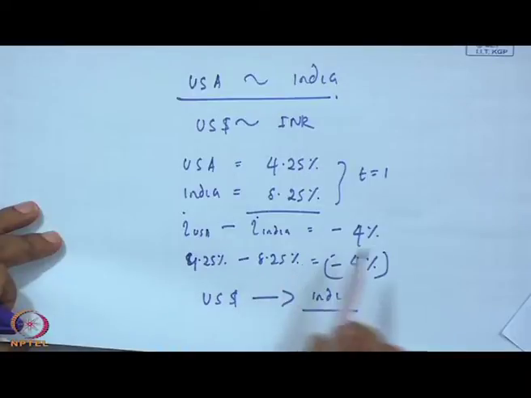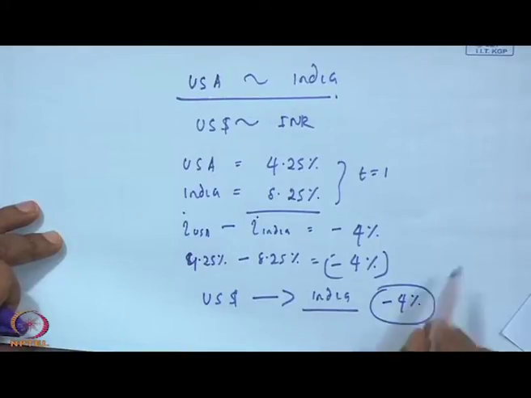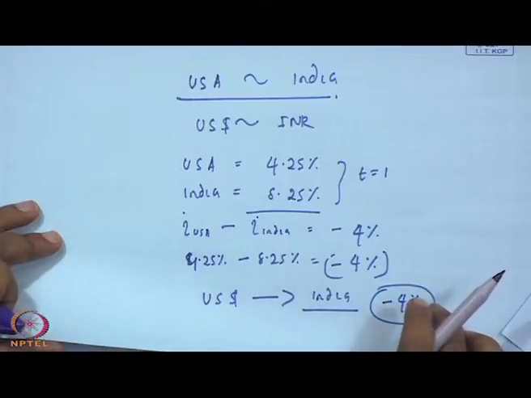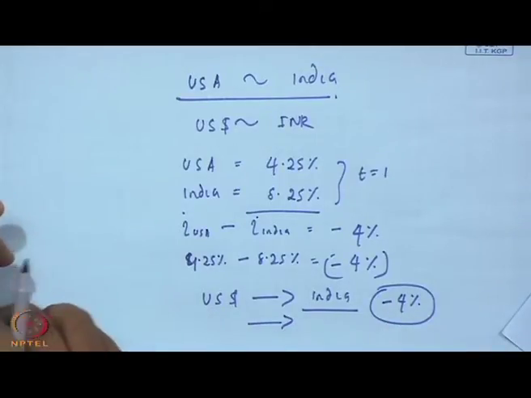Arbitrage profit is arbitrage in the interest rate. The arbitrage available is minus 4%, the differential between US and India, or Indian interest rate is more, so there is more movement of foreign currency or US dollar to India to take advantage of this 4%